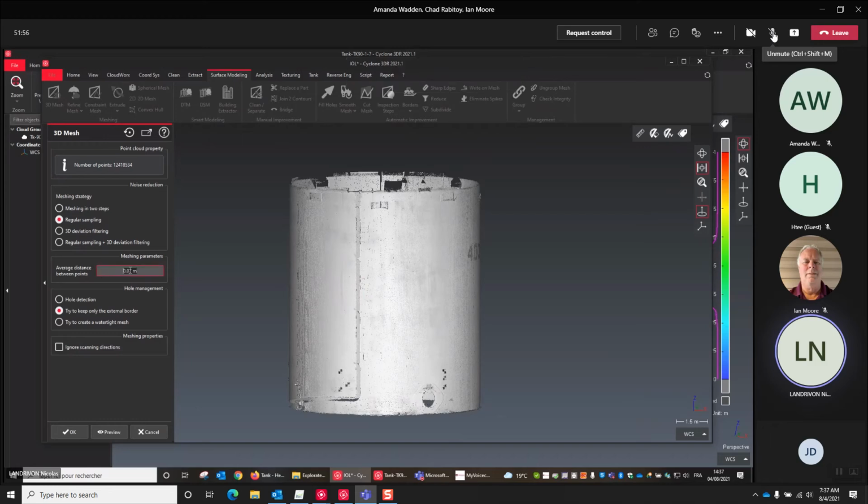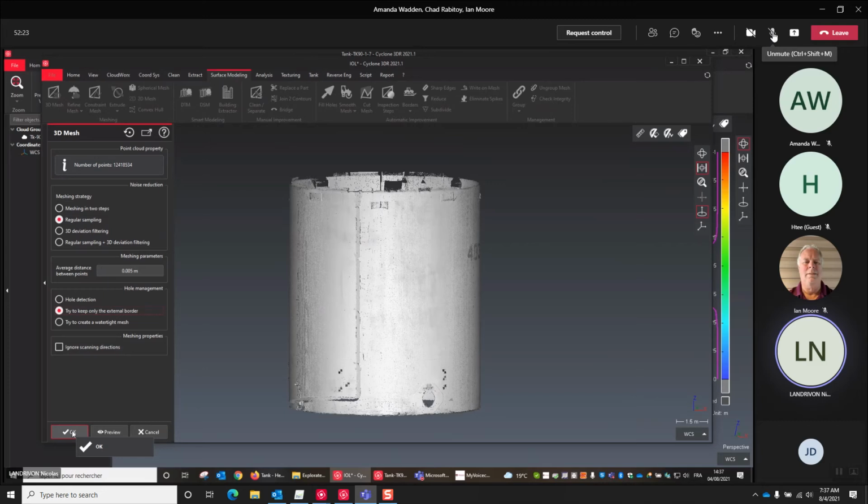The sampling distance was 7 centimeters. So now let's reduce it. Let's make it lower and pick up a point every, let's be crazy, 5 millimeters. And also try to keep only the external border. So regular sampling, a lower distance.